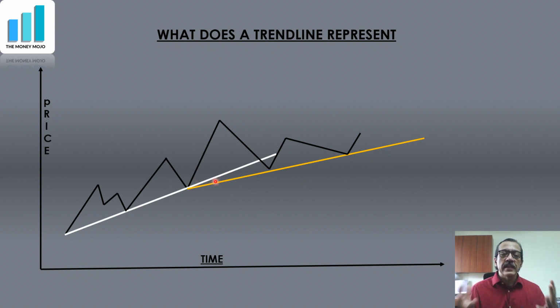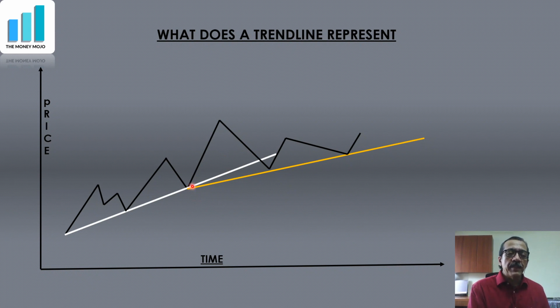It represents the rate of change of price with respect to time and what has been the slowest in a particular section of the chart. In this case, the price has been rising, so this is the slowest rate at which the price has been increasing. If there was a falling trend line, then it would be the slowest rate at which the price has been falling. So this is what it represents at every section in the chart.